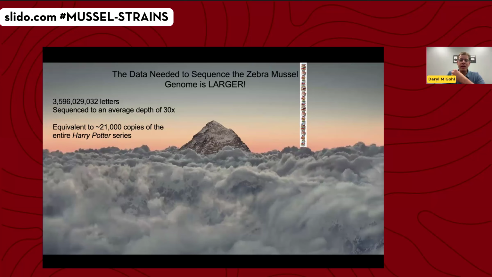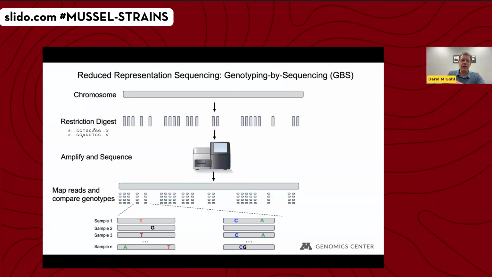So in order to do this on a large number of samples in an economical way, we turned to a technique that's part of a broad family of DNA sequencing approaches called reduced representation sequencing. The specific approach we're using is referred to as genotyping by sequencing. This is a way of taking that very large 3.6 billion base pair genome and selecting out small fragments of it that we can then reproducibly look at in multiple mussels. We're taking a snapshot of just portions of the genome with informative genetic markers, as opposed to the